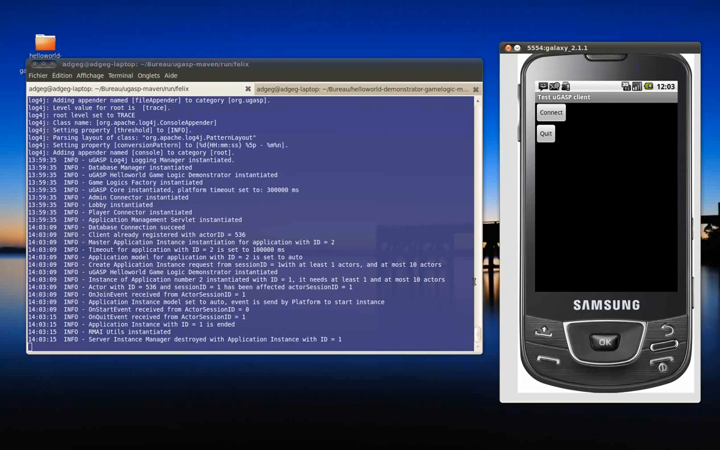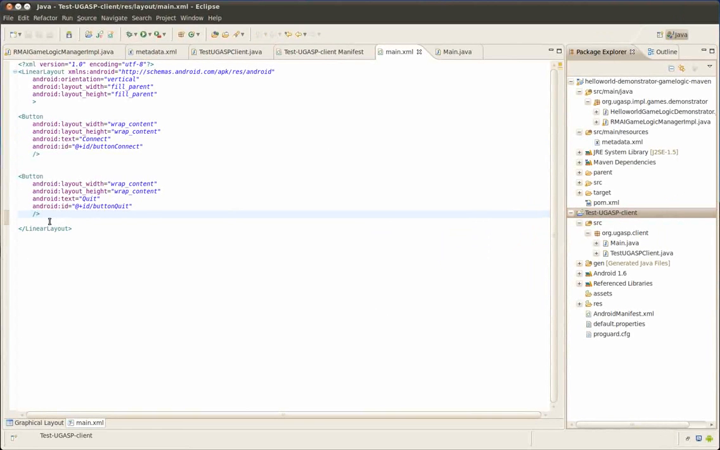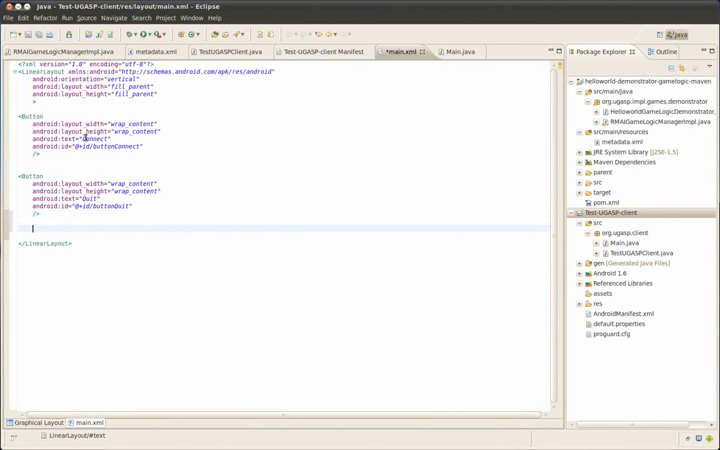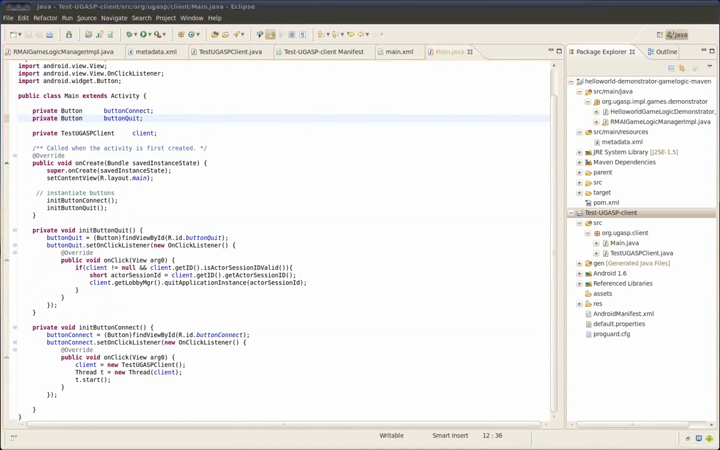So we are going to add an edit text to our activity in order to send the text of this edit text to the game logic. I'm opening Eclipse another time, and I have to update my layout, adding an edit text and a button to send the message of this edit text. In my activity, I need to add the matching attributes for this edit text and for this button,